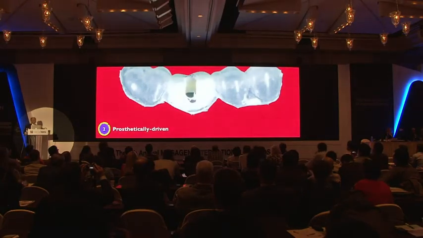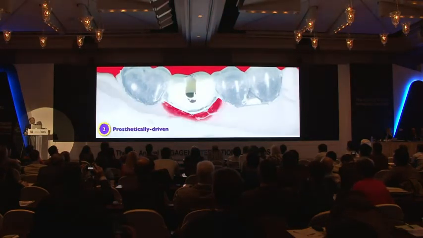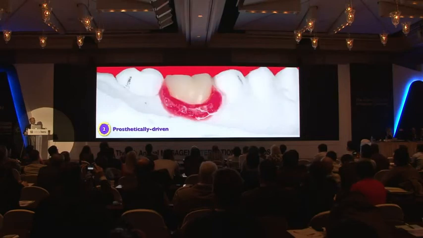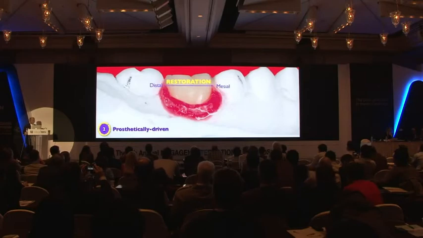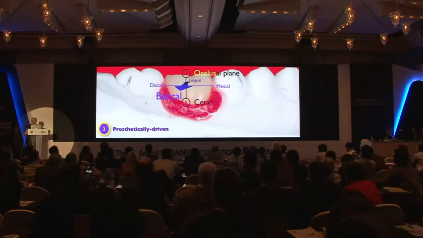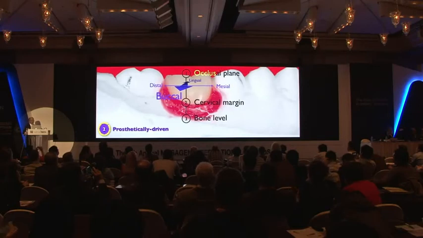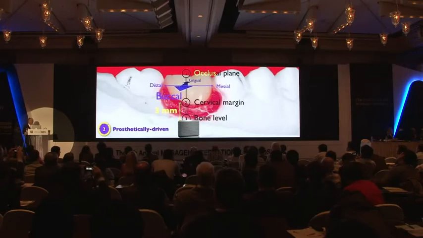So the prosthetic driven approach is to put in this surgical stent, and we know we want to build up the ideal crown margin. The restoration will have distal, mesial, and buccolingual dimensions, and we recognize the occlusal plane is there, along with the cervical margin and the bone level. So we know the 3 millimeter rule: we need to put this implant right here in order to achieve the ideal